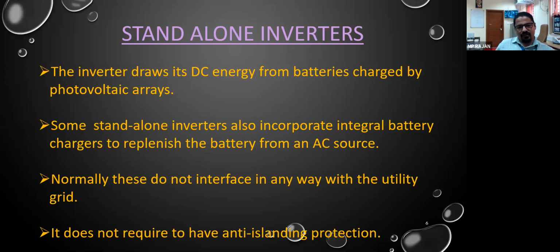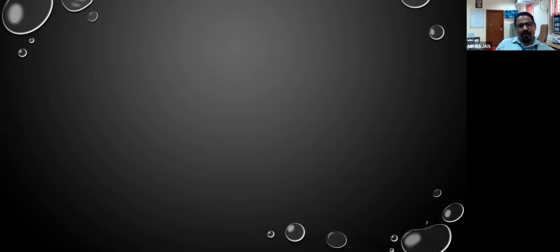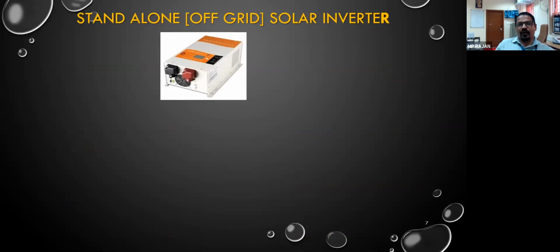आपका वोल्टेज, फ्रीक्वेंसी, वेवफॉर्म सब एक ही होना चाहिए, and it should monitor whether the supply is available from the grid or not. अगर सप्लाई नहीं है तो इन्वर्टर should switch off the supply drawing from the solar panel. आपका सोलर पैनल का सप्लाई को from the safety point of view off करना चाहिए. तो this special characteristic is required in the grid tie inverter, which is not required in our standalone inverter. Okay, so you can see a picture of an off-grid or standalone solar inverter.